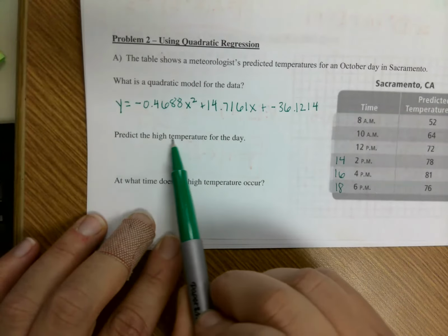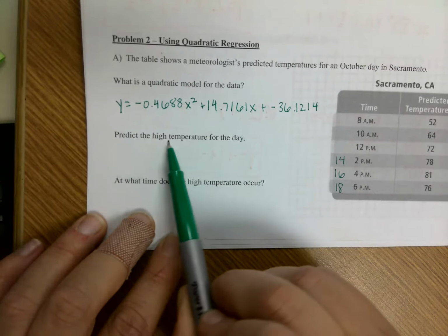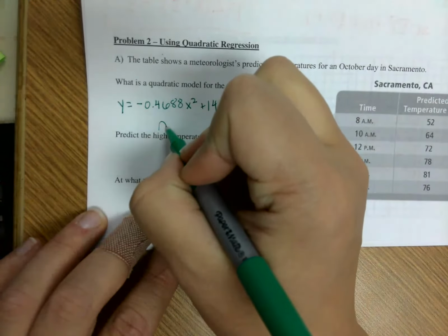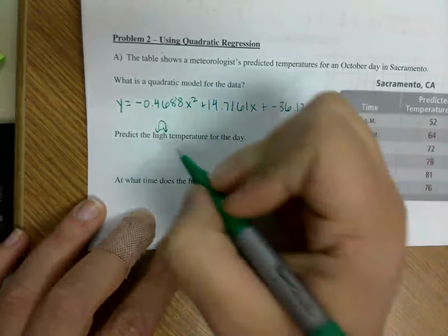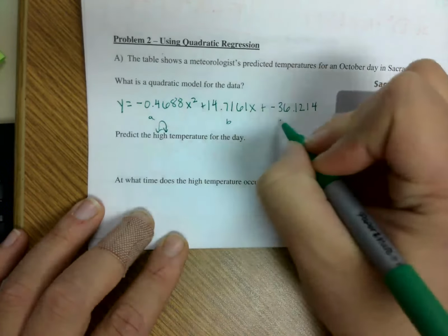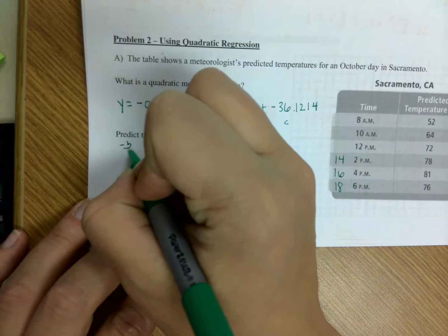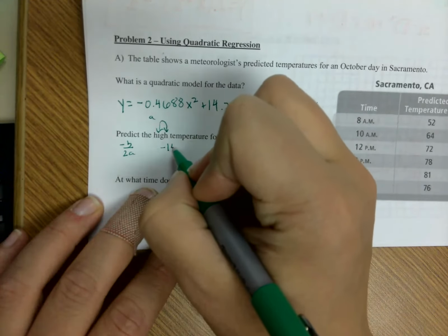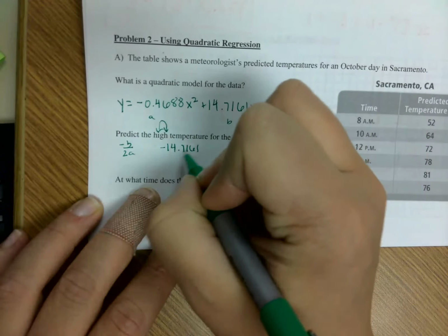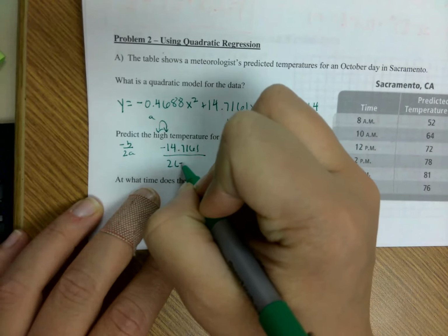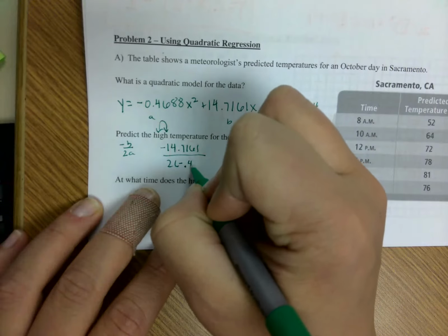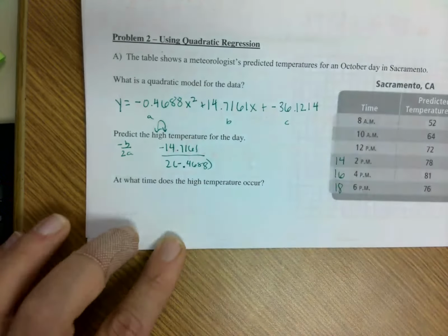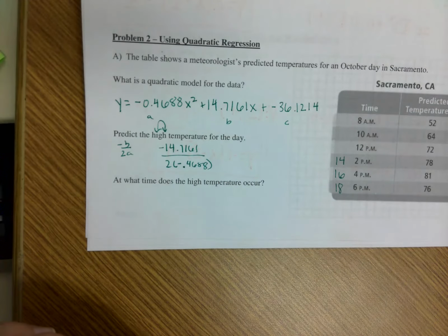If I want a high, that means I'm looking for my maximum. So again, if I were to sketch this graph, it would look like this. This is my A value, B value, C value. So opposite B over 2A. Remember that from 4.2? So opposite B over 2 times A, -0.4688. If I plug that into my graphing calculator,